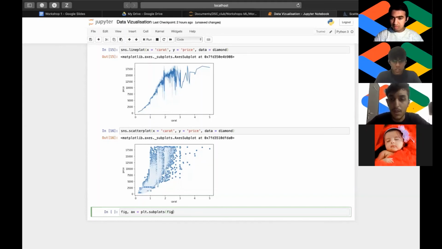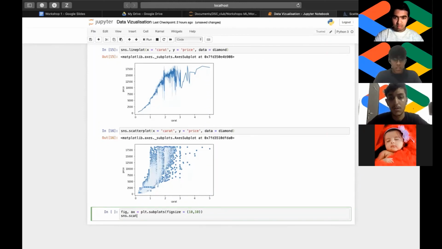And let's set the figsize. Let's set the size of the figure to be, I don't know, 10, 10. So this is the size of the graph we want. This is done using Matplotlib. All right, and then let's do the scatterplot. sns.scatterplot